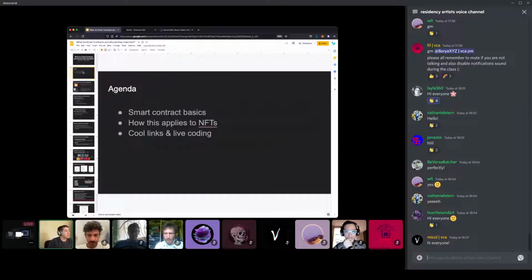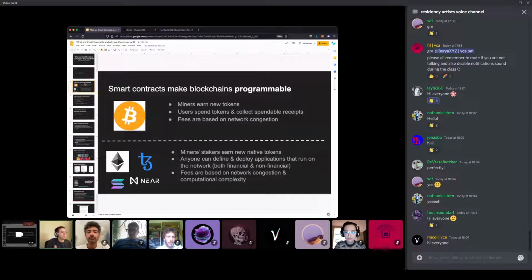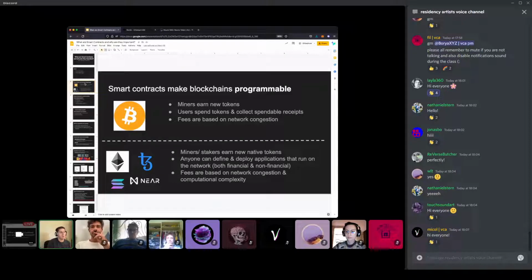Great. So we'll just talk about some basics about how smart contracts play into blockchains, which blockchains support them, which ones don't support them, how that applies to NFTs, and so on. So I like to think you can bucket blockchains into whether they support this dynamic programmability or not, and